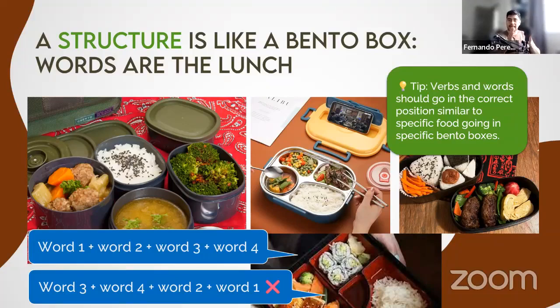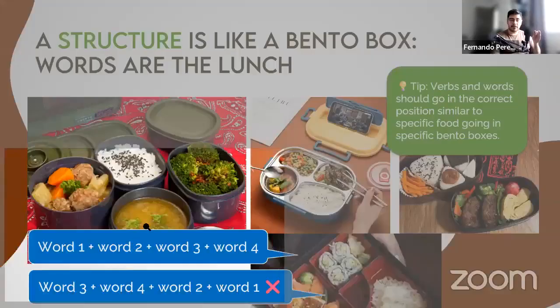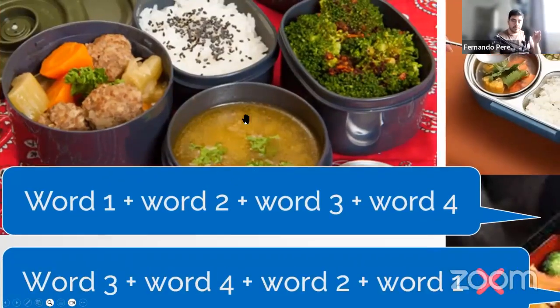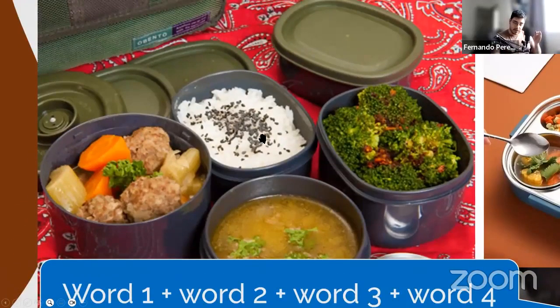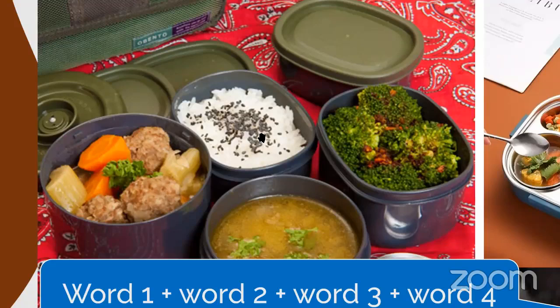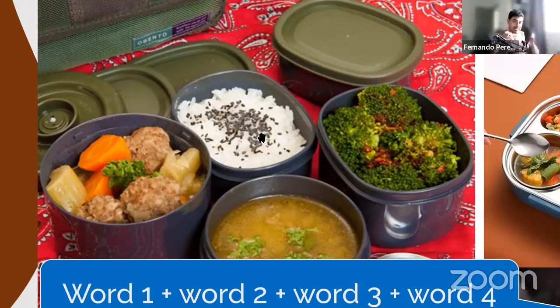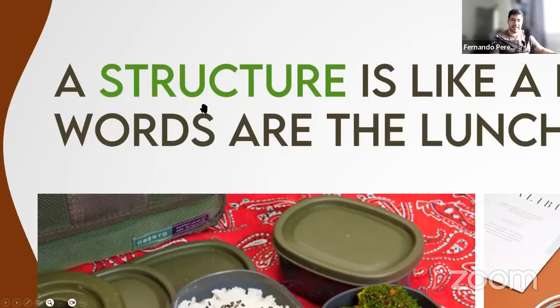Bento boxes have specific applications. You have a specific bento box for a soup and a specific bento box for rice. Normally, you have specific boxes for specific foods. Do you agree? Yes. Okay. When I am talking about English, the formula or the structure is the box,